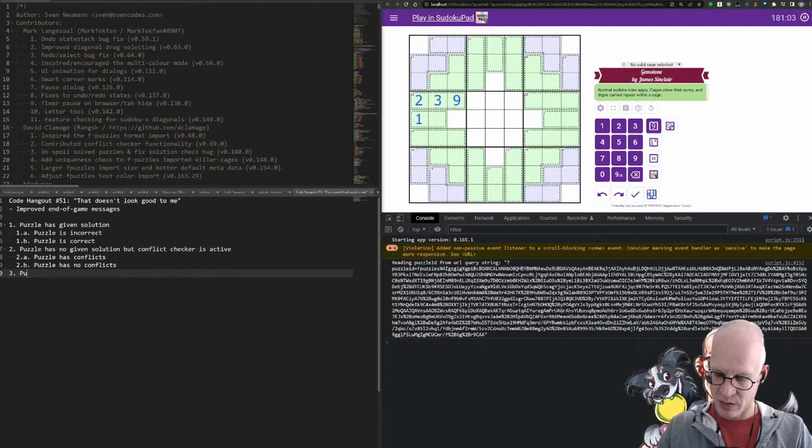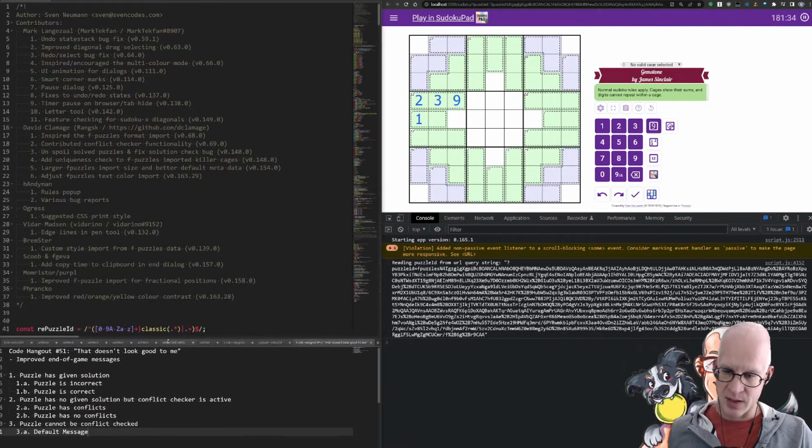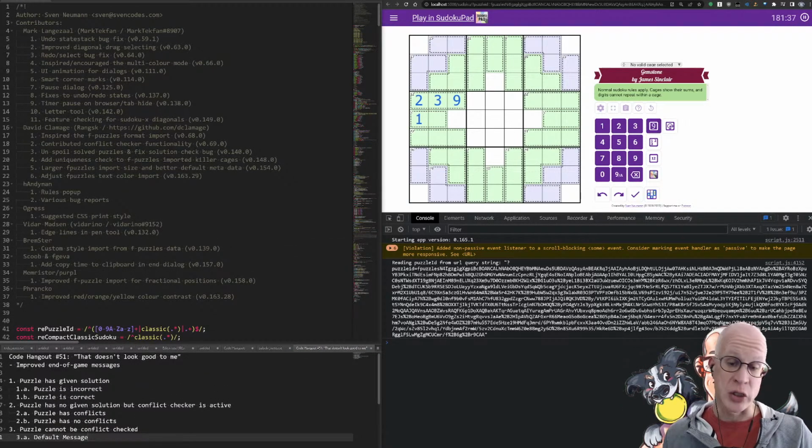And 3, puzzle cannot be conflict checked. So then we have to decide. We have only one message, right? The standard default message.